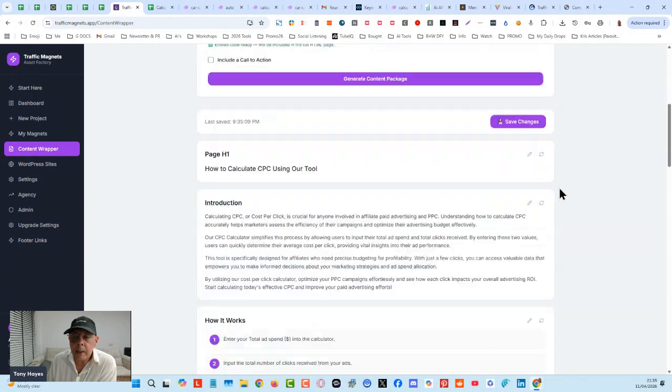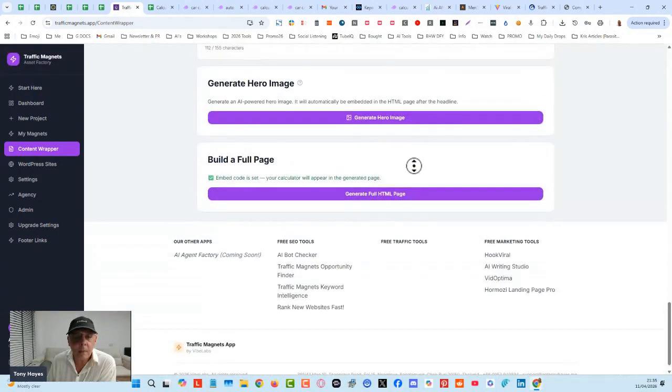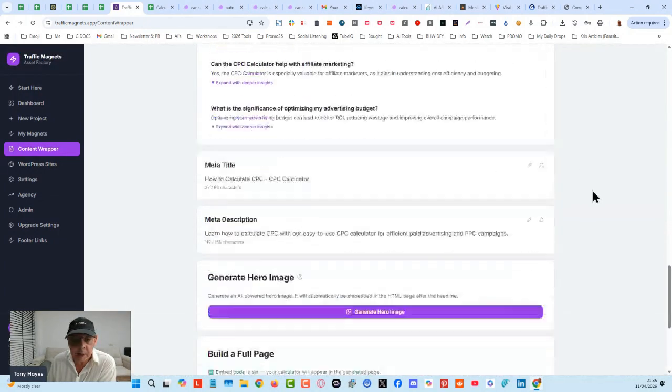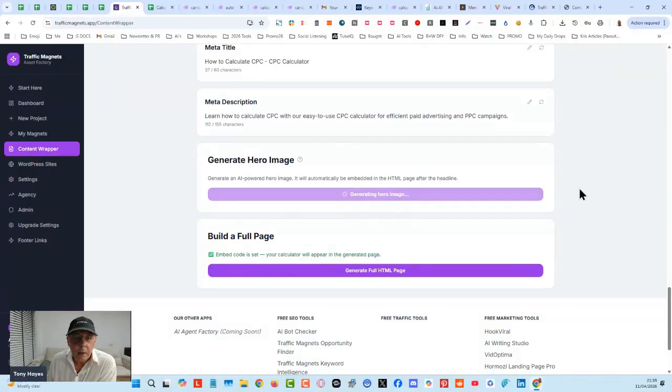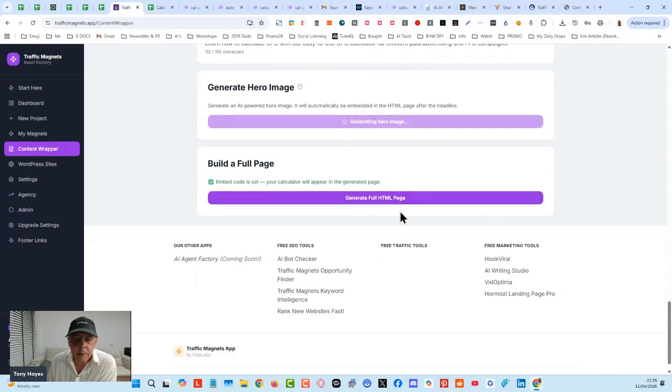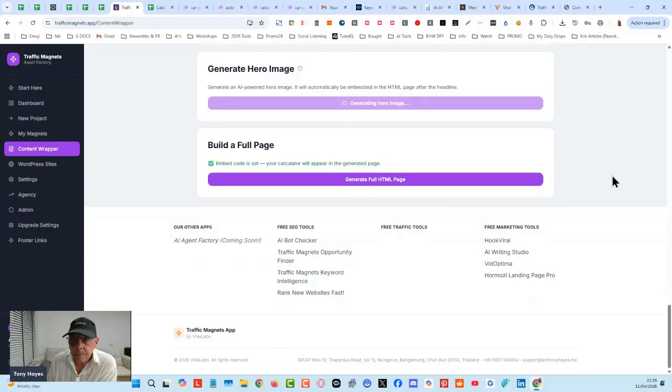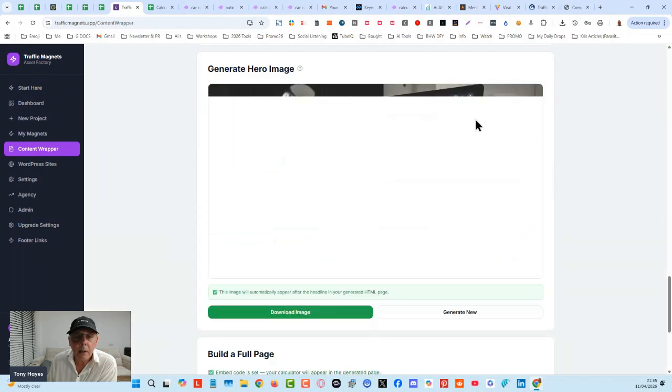I don't know what happened. I don't know what I clicked. But my mouse skills are as bad as my typing, so hopefully it was just an error from me. Okay, we'll generate the image, then we'll generate the full HTML page. Okay, I'll check the questions in a second as well. If anybody's got any questions, I'll check and we can get all of those covered.